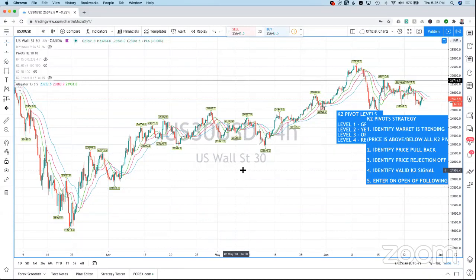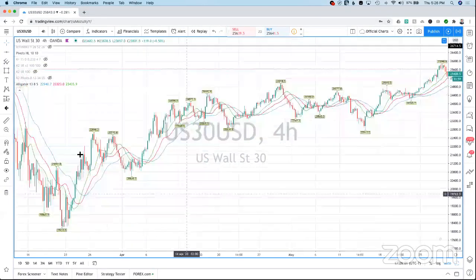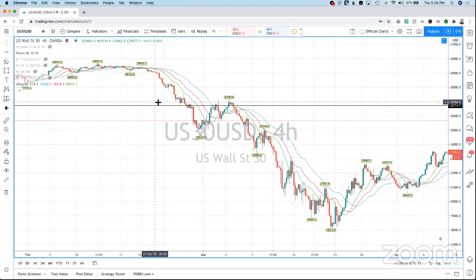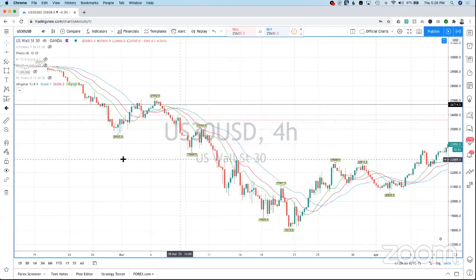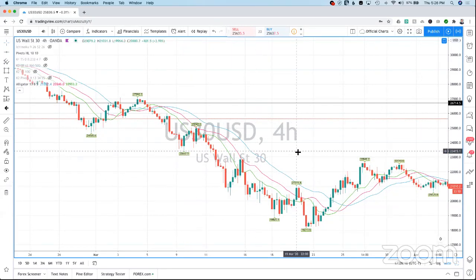I'll just use US 30 for now, just to show basic examples, because it's a highly volatile pair, so it's going to be easy for us to detect. Looks shitty. But yeah, Patricia said the K2 indicator seems much smoother and shows a better trend. Yeah, that's what I was thinking too, because you can see right here, it does work, it shows you, but I feel like it's harder for you to identify how it actually